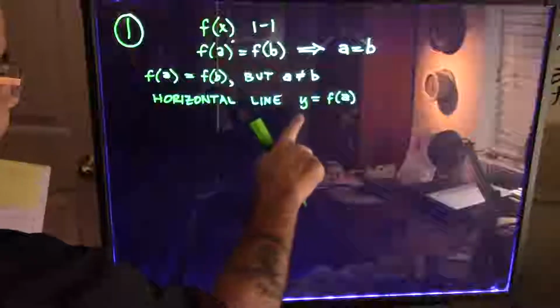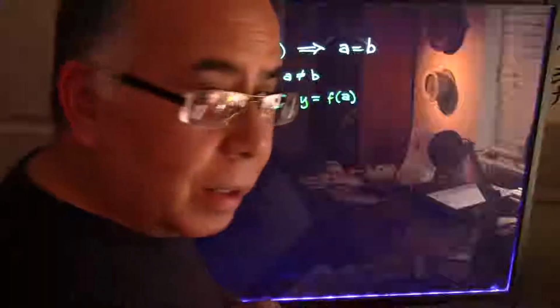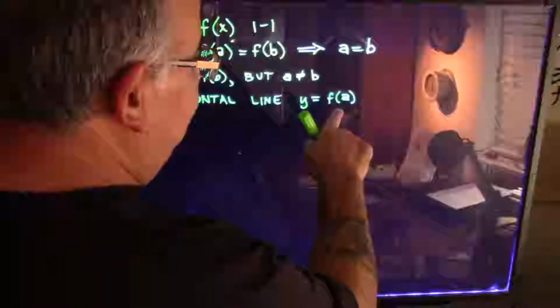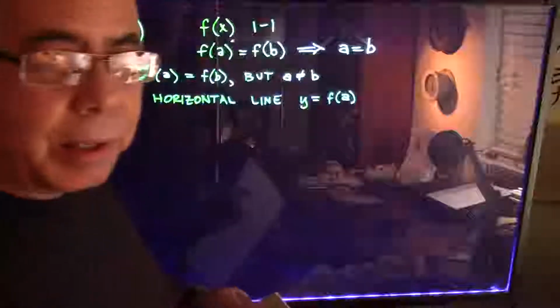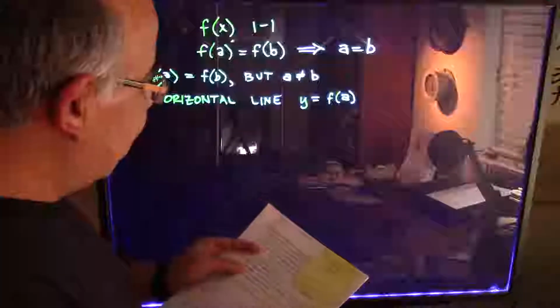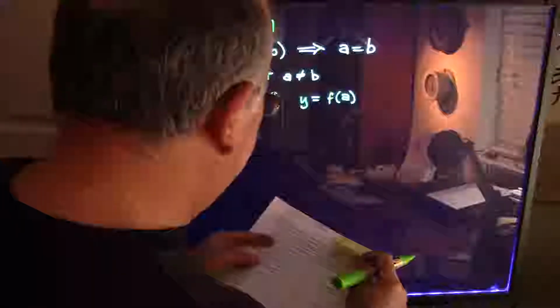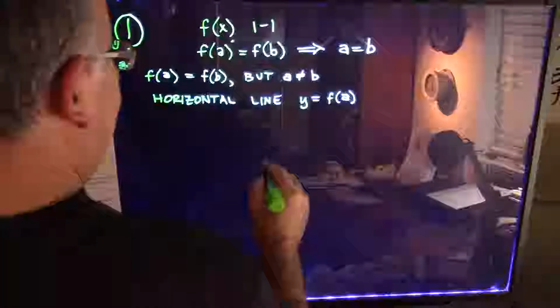Now a horizontal line has the form y equals some constant. Alright, f of a would be a constant value, a definite value. So if you set y equal to f of a, that would be a horizontal line. Alright, that will intersect these two